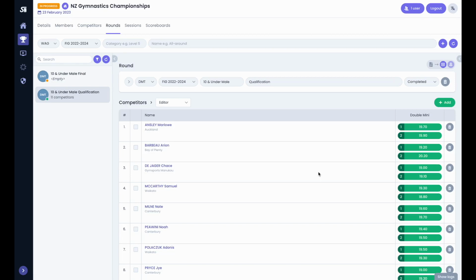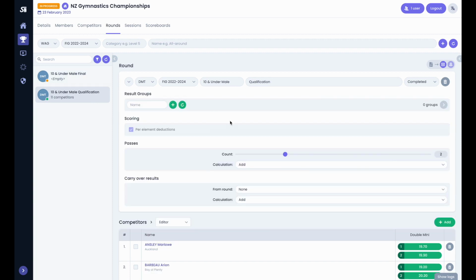I will show you how Schoolholder is handling the transition between the qualification round and the final round. For this demonstration, I have created two rounds for Double Mini Trampoline. The first one is for qualification, this is the 10 and unders, and the second one is the final 10 and unders. The first round, the qualification round, will include two passes and they will be added together